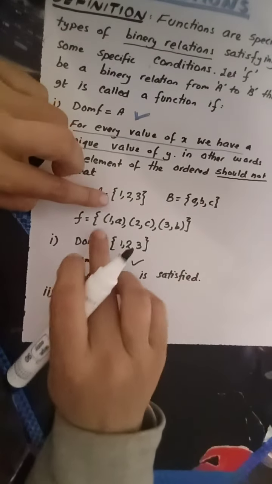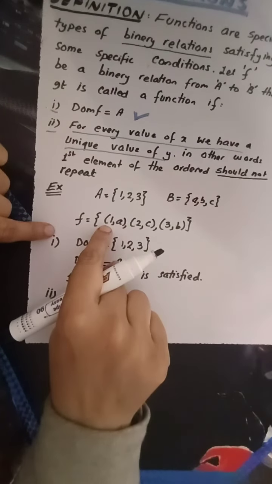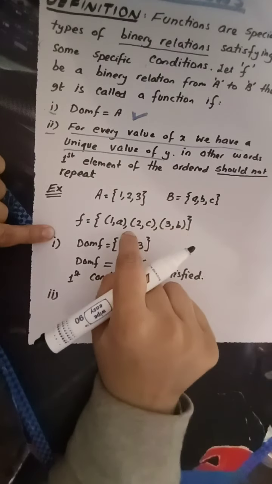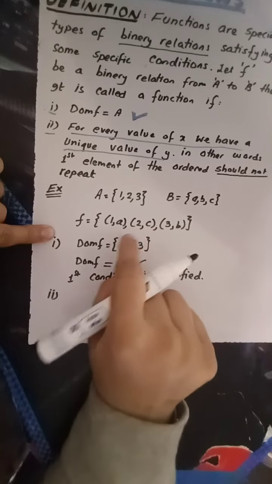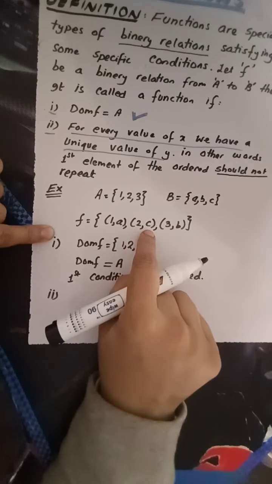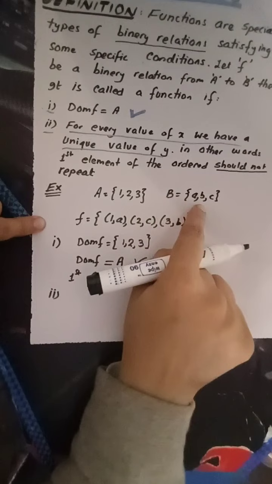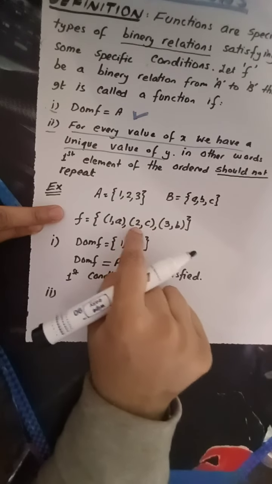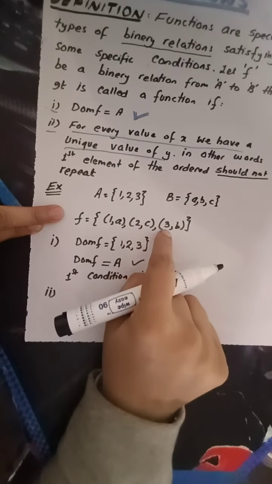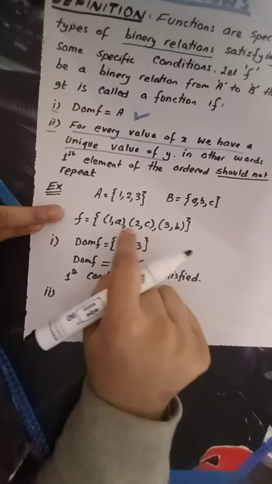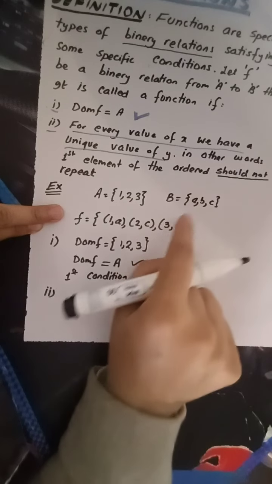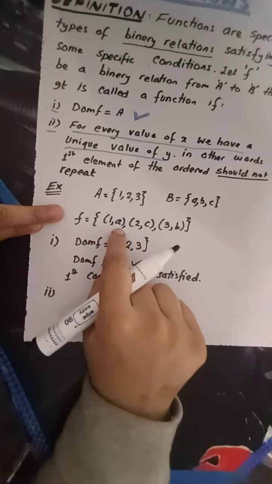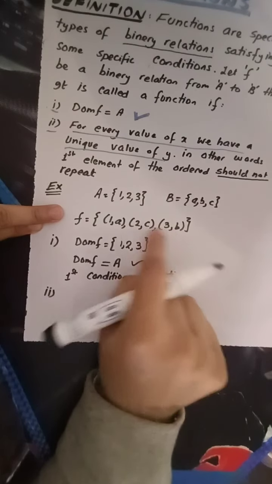Now if you observe this function, for 1 we have only one value of y, that is A, and 1 is never used for any other ordered pair as the first element. Okay, for 2 we have a unique value of C. We don't have any other value written as an ordered pair with the number 2. Okay, for 3 we have B only, not any other element from here. So it means that for each first element, or for each x, you have a unique value of y,